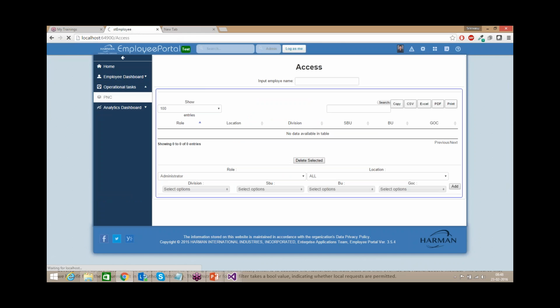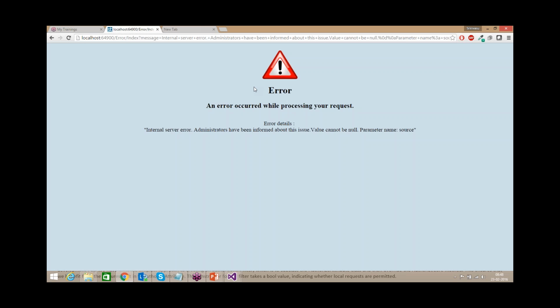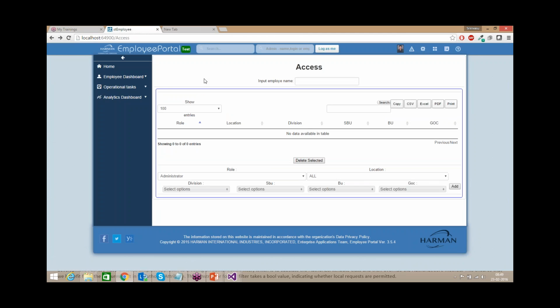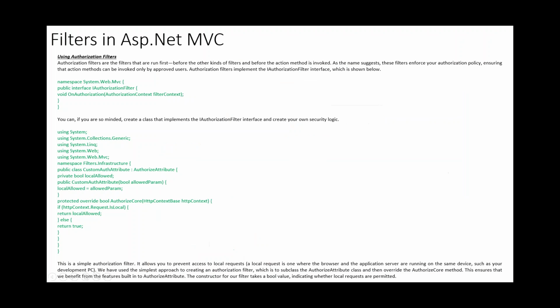As mine is admin, I am able to log in and I am able to see all these pages. So this is how you can restrict page level access. Because I have admin privileges, I am able to log in as any other employee like that. Okay, that example we will see later.